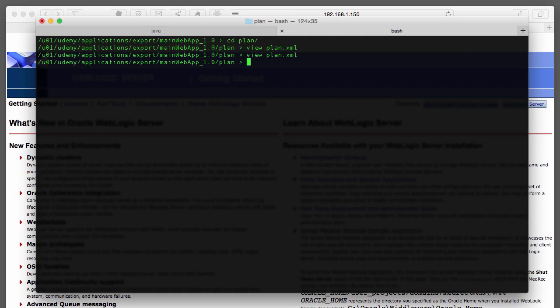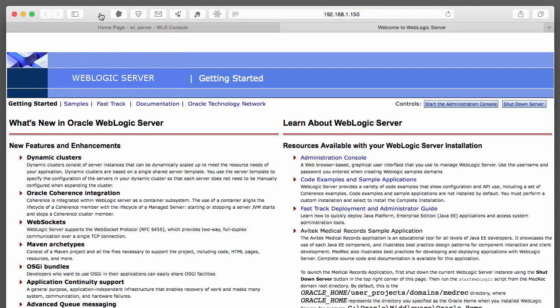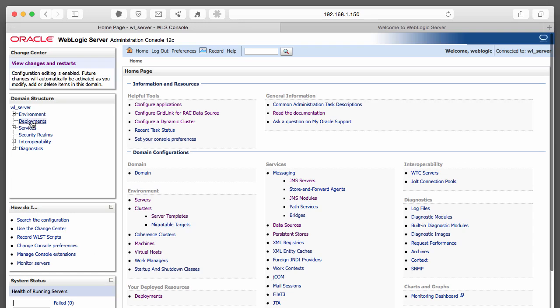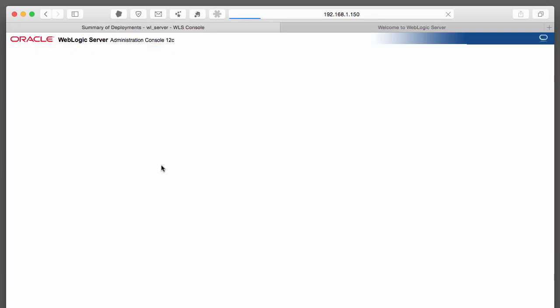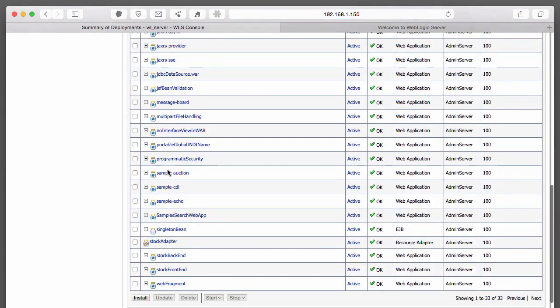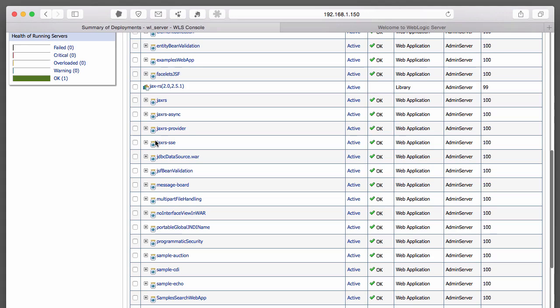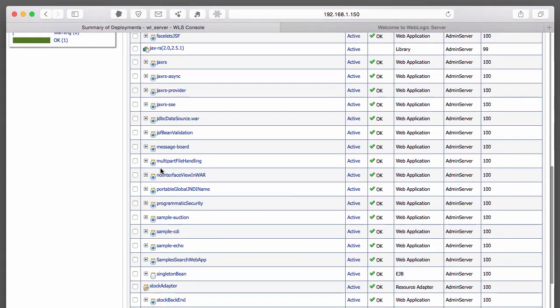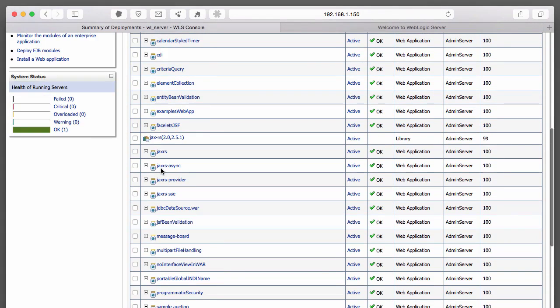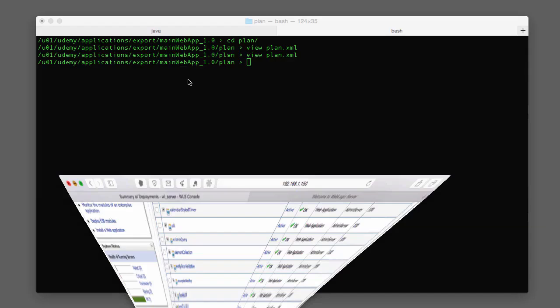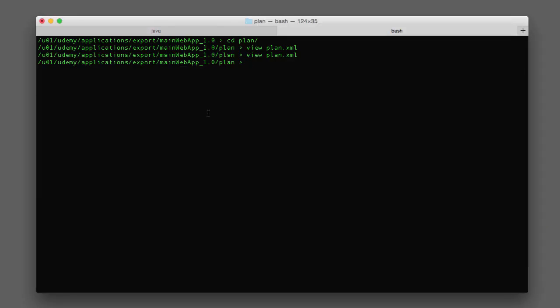So first things first, we need to delete the existing application because it's not versioned. So let's go ahead and delete it. So go back to the admin console, and on the deployments tab, go ahead and find main web app, and delete it. So it looks like I've already deleted it from this console. Now, go back to the terminal window